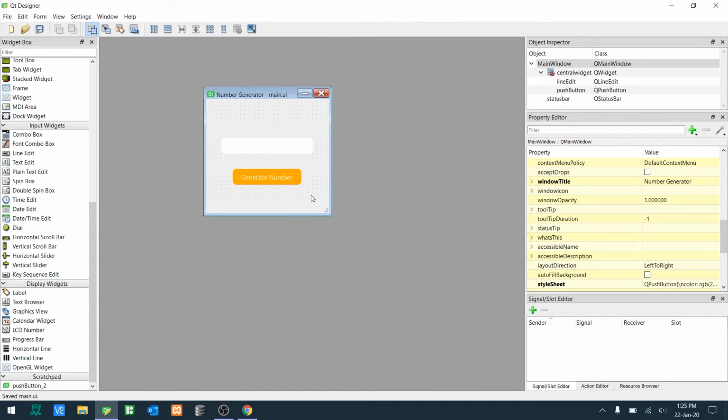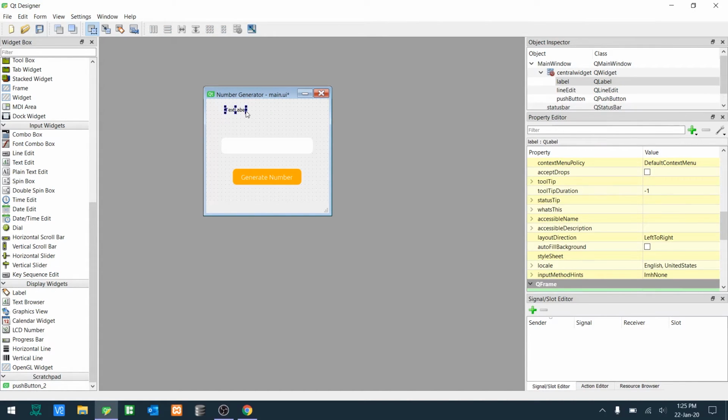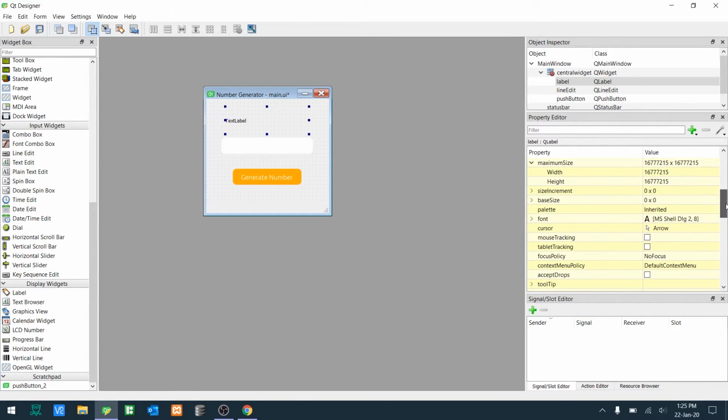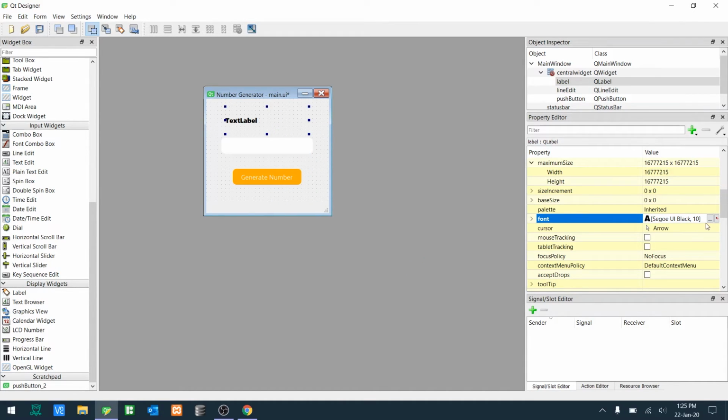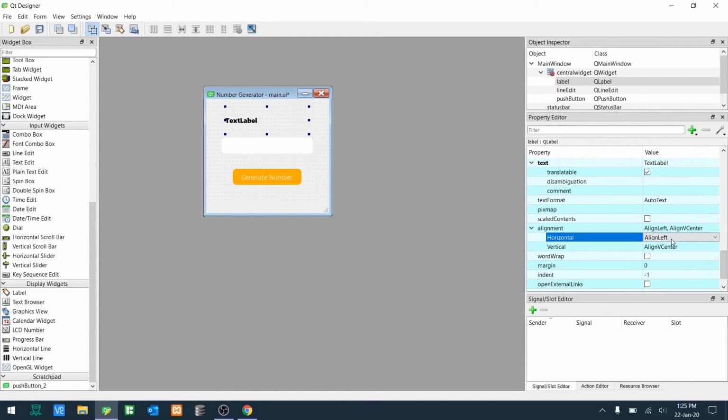So this looks great so far. I'm just gonna drag a label, which will be like our title. Okay, and we're gonna just scroll up here to the property editor of this label and come to font. This is just another way of how you can change the text. So I'm just gonna say this one about 10, and let's go down and center it